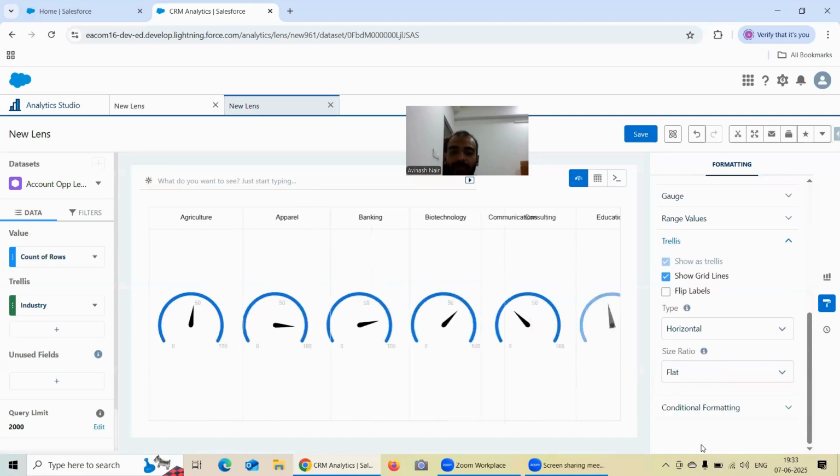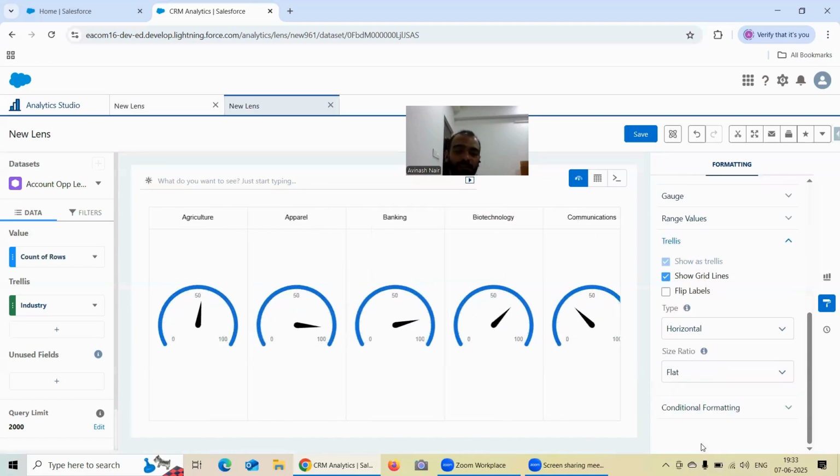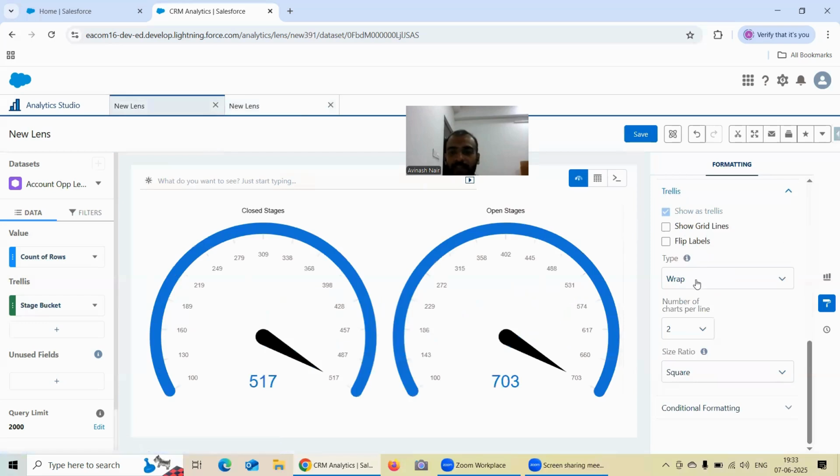And if you go for flat, so basically these are some of the things you can play around with and check how you want to adjust the size ratio. So it will set the trellis size by width and height ratio. By width and height ratio, it will basically set the trellis size. Okay, so yeah, this is one of the important concepts, and maybe very quickly I can save it as formatting